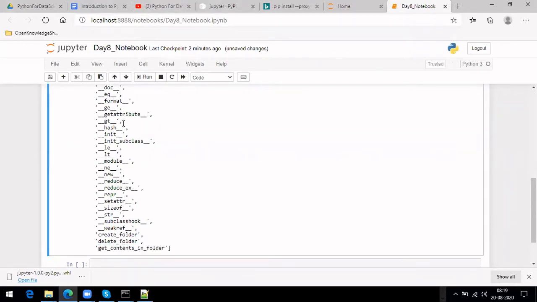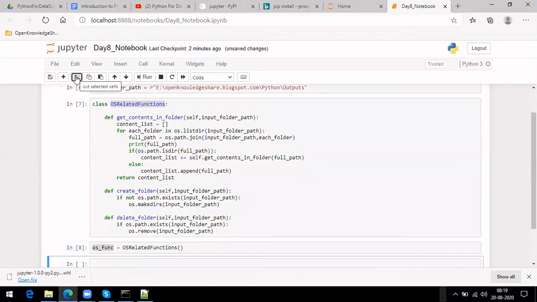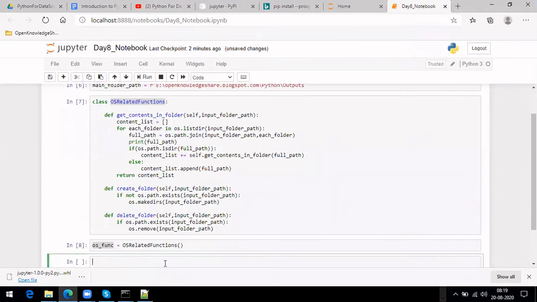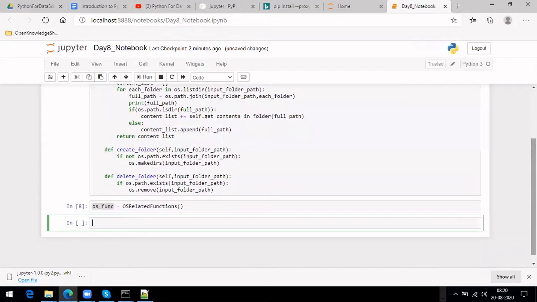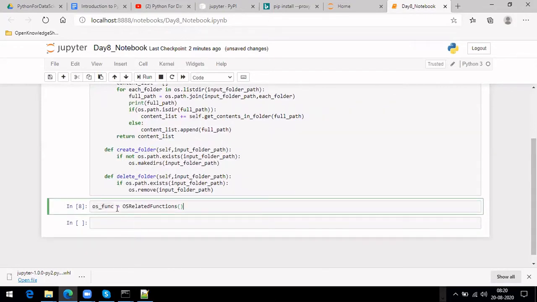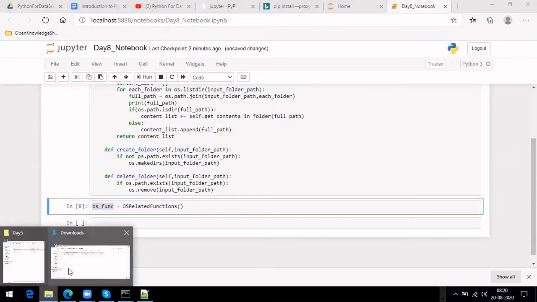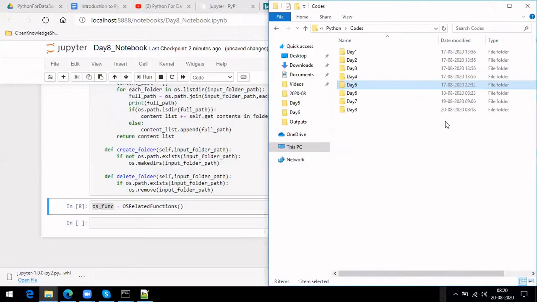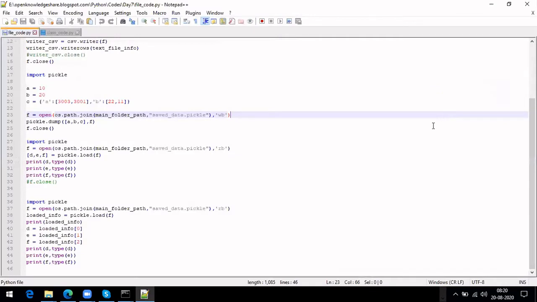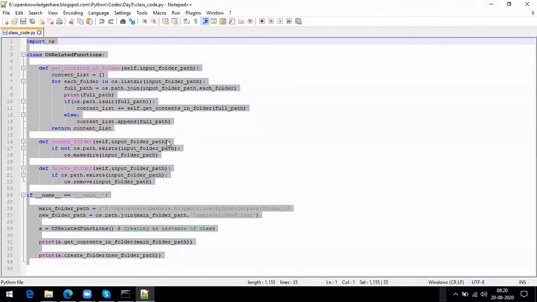Let me try, I can delete this if I want to, that's fine. Now let's try something. Yesterday we were talking about pickle, right? You can even pickle the function itself. It doesn't matter if you are pickling only the data of variables, like yesterday's example, where we pickled some variables which were stored here. Let me show you this. Let's try pickling the class itself.